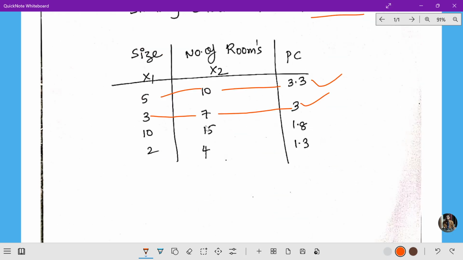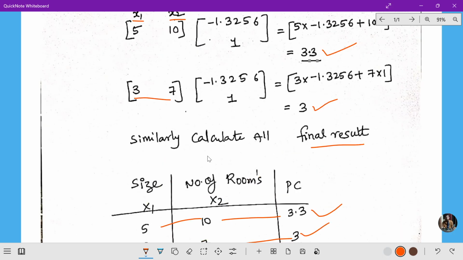Okay. So you find all these, and we'll get the final values like 1, 8 for 10, 15 and 2, 1.3 for this 2, 4. So this is all about the principal component